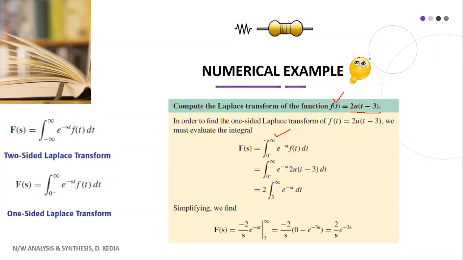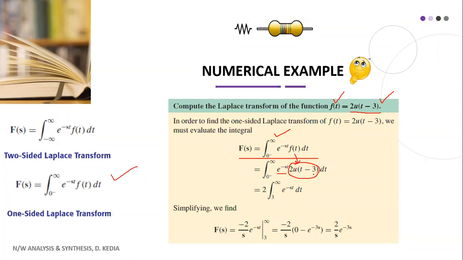First, let us discuss this by using the simple expression for the Laplace transform. Since we observe here that this is a unit step function, or in other words a time shifted unit step function, and we know that the unit step function exists from t equal to 0 to infinity. Okay. So if you take the single sided Laplace transform, this is the expression, that is integral 0 to infinity e raised to minus st f(t) dt. You substitute in place of f(t) your 2 u(t minus 3). This we have substituted here.